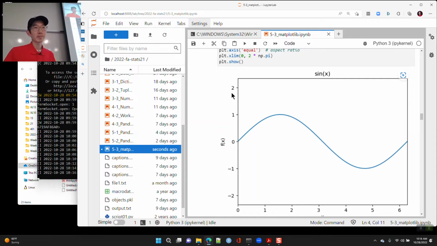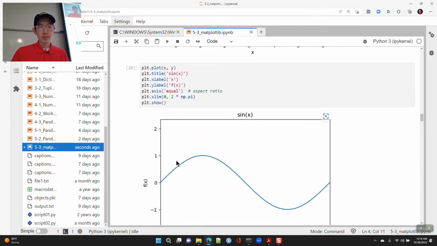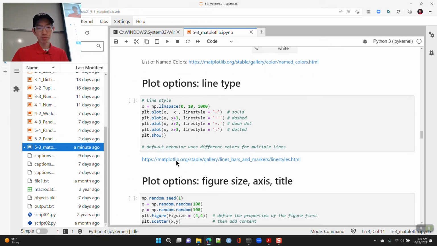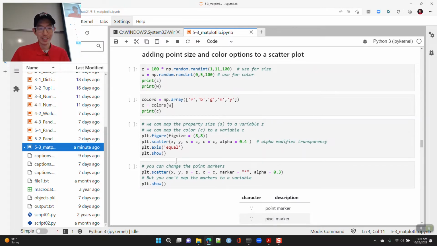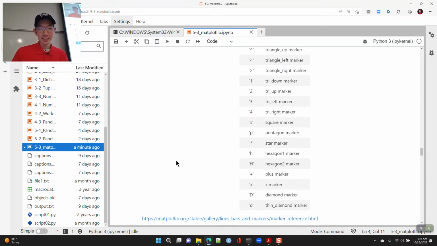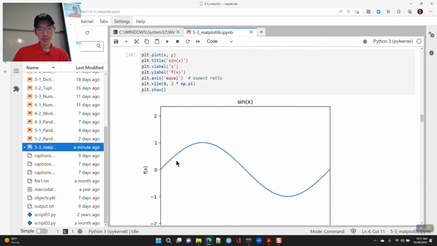Yeah, so I was wondering, is it possible to assign plots to variables so that you could store them instead of having to fully replace it every time you want to make a new one? Like in ggplot. I'm trying to think. Maybe? Let me see. I guess we can try it.